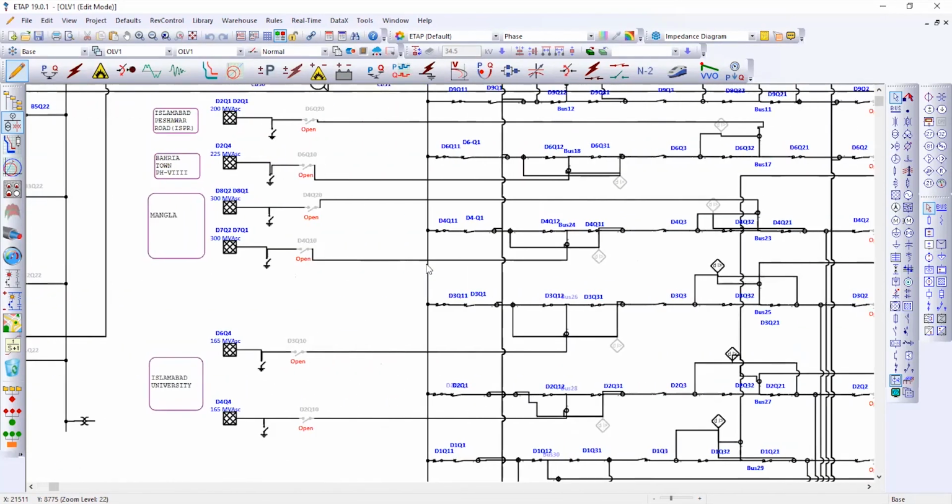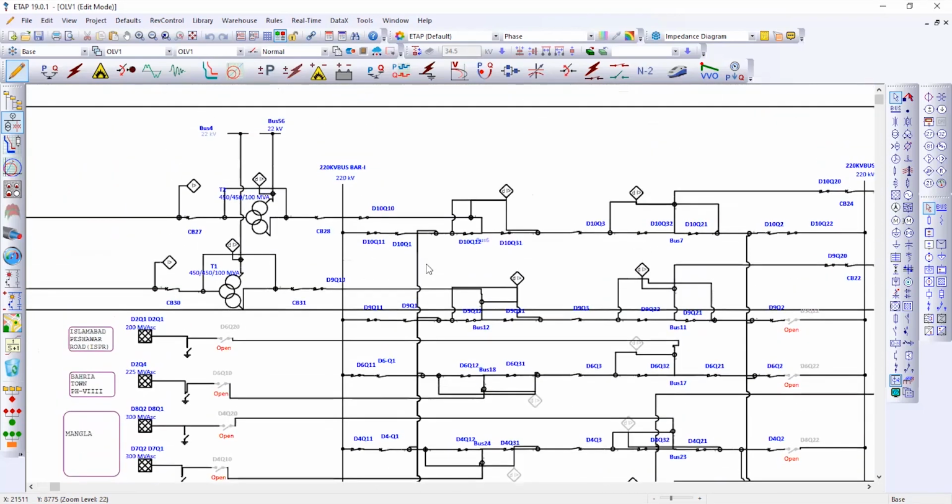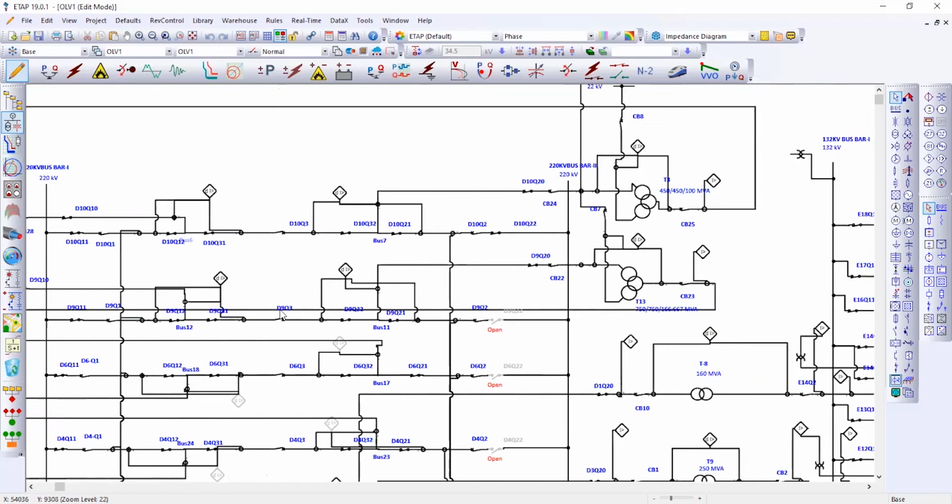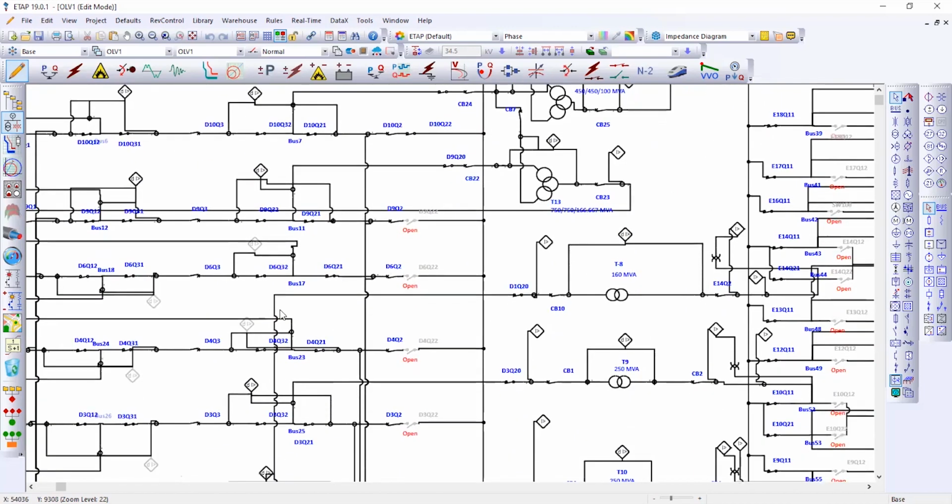Then we have our 220 kV portion, which is also a 1.5 busbar scheme, and it is preceded by three winding transformers with 500 kV to 220 and 23 kV ratings. And then we have two winding step down transformers of various ratings to 132 kV,